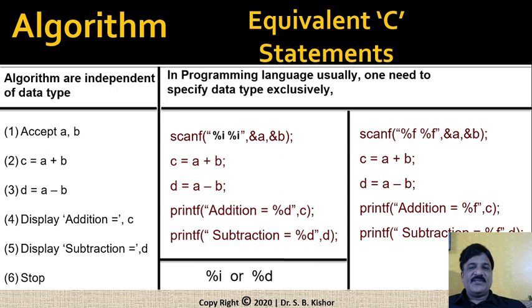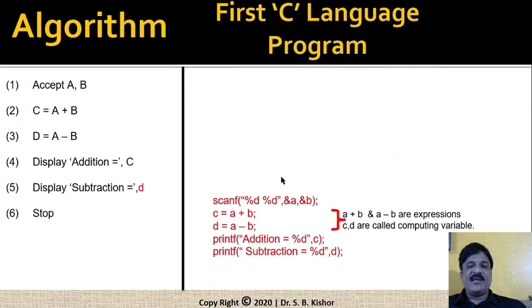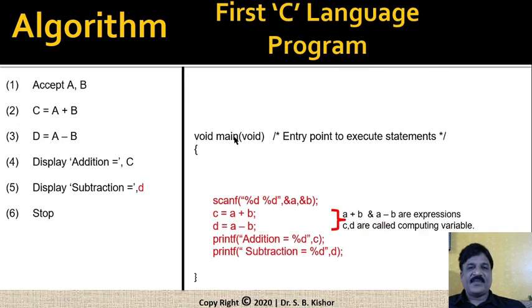Okay. So what we have seen in this particular slide is simply how to write the corresponding statements that you used to write in an algorithm using the C language, but this is not a complete program. Here we have number 1, which indicates the beginning of the solution of the problem. Now in C language it is indicated by a word called main. So what is main? Main is basically a function which performs certain specific tasks. What is that specific task in this case? To find the addition and the subtraction of the two numbers. So main is also referred to as a function, and it is an entry point to execute the statements that you have written within the opening and closing braces. All the statements are going to be executed.